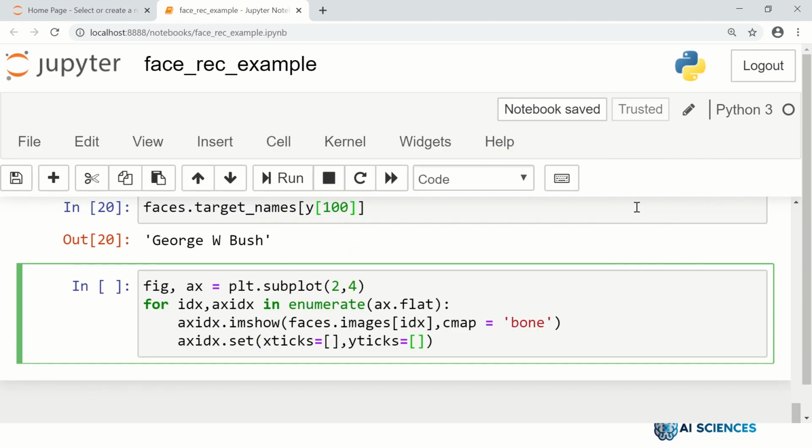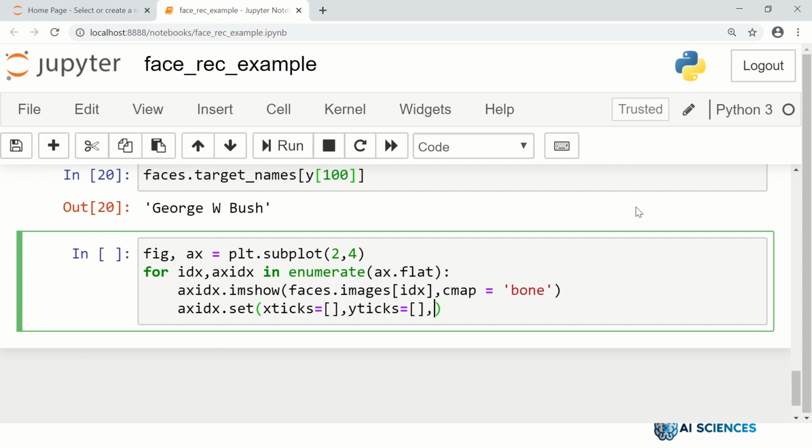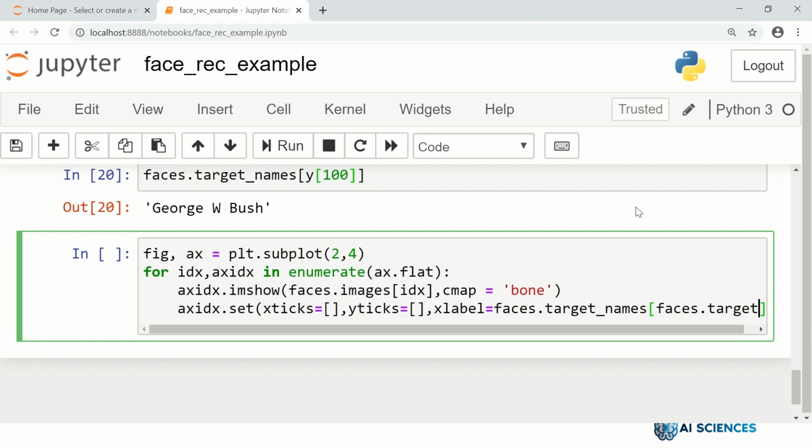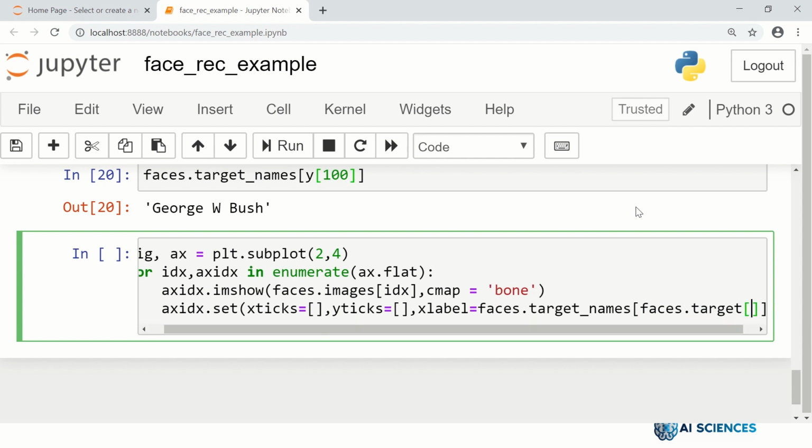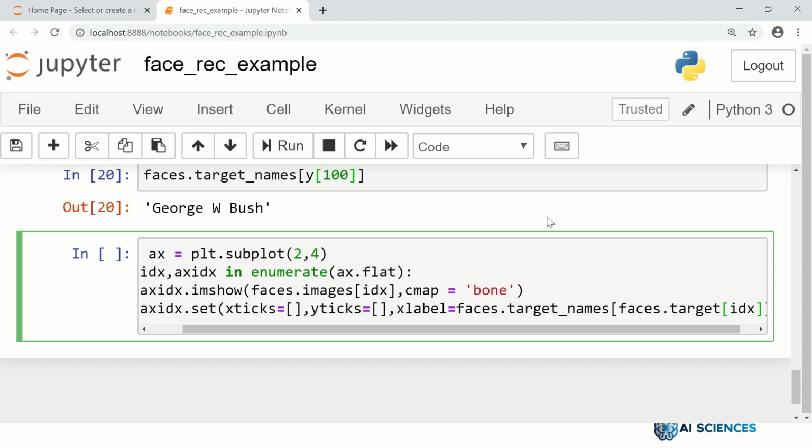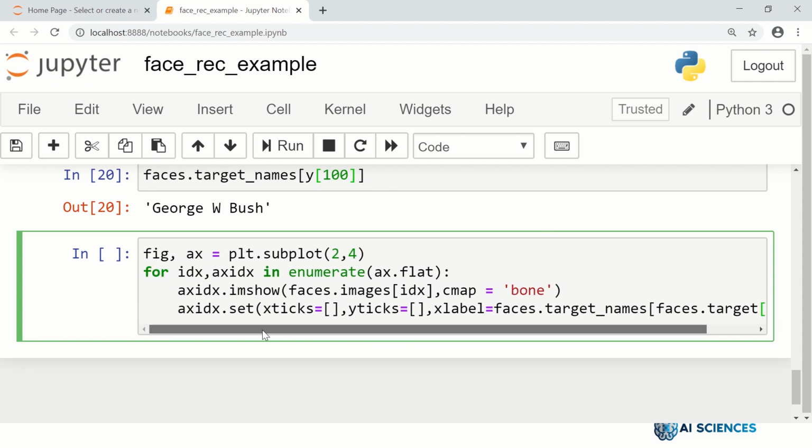Let's label it, x label, for example, equals to faces dot target names, and the target is faces dot target idx. So what it should print after this is some faces, maybe 8 faces, and it